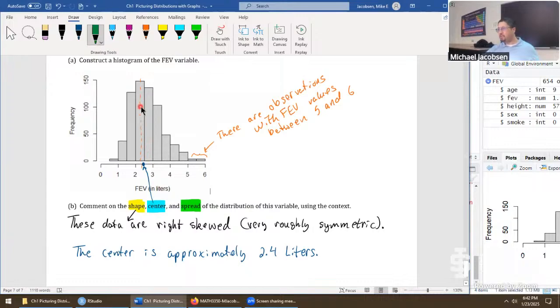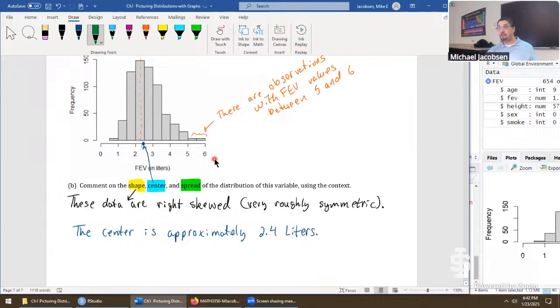Okay, for the spread of the data, if we were in chapter 2, we'd be using either the standard deviation, possibly the interquartile range for highly skewed data. But for us, if we're doing it qualitatively, it's a little bit tricky to describe the spread. Here's one way to do it. We will use the range.